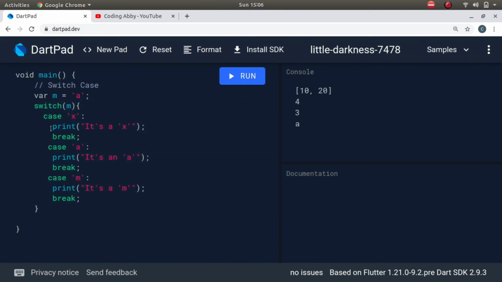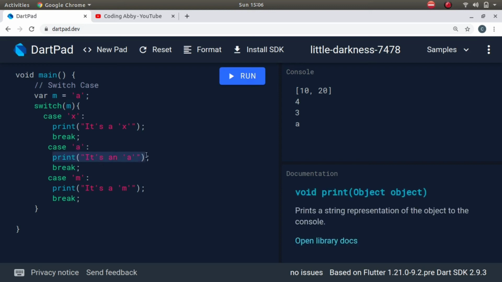But this is not the case, so move on to the next case. Is this the case, that is, is the value of m equal to a? Yes, it is. So this is our required case, and it will print this, and then it will execute this break statement